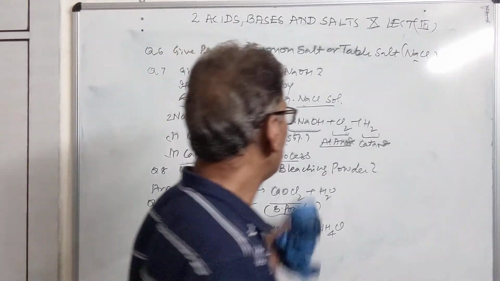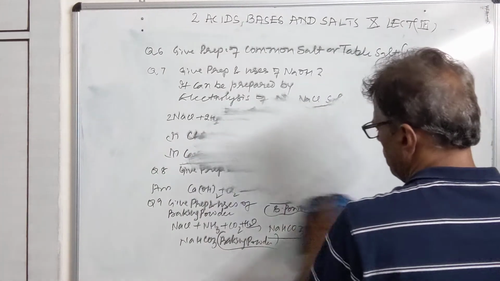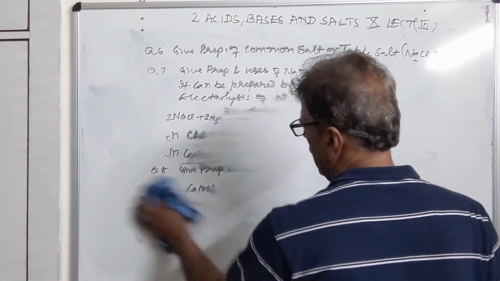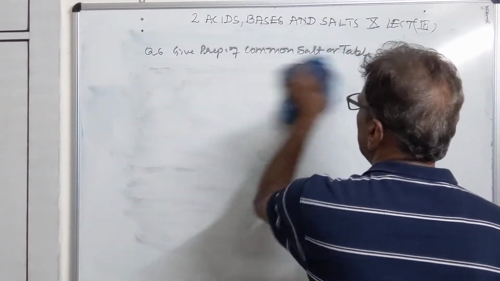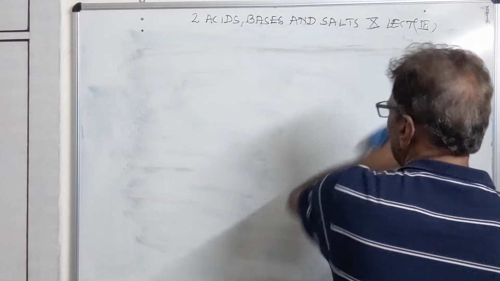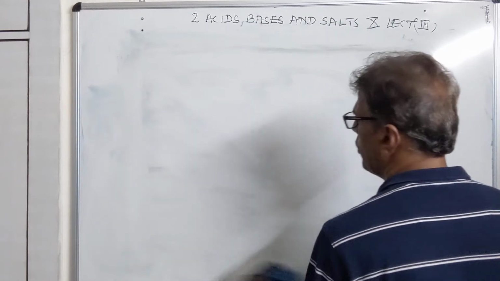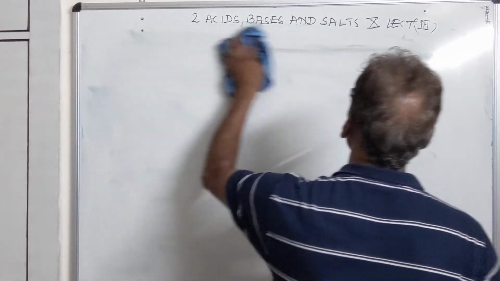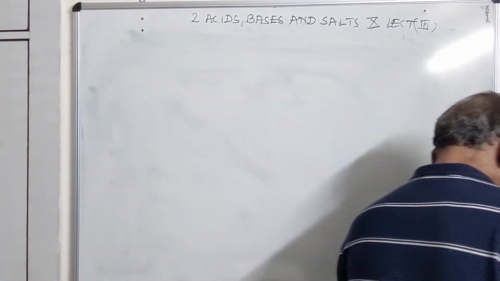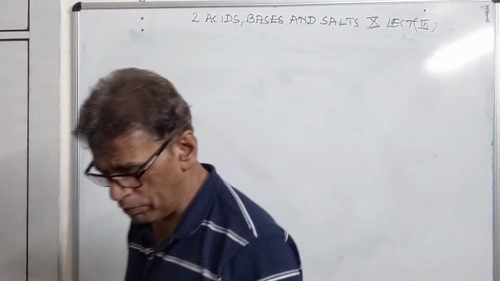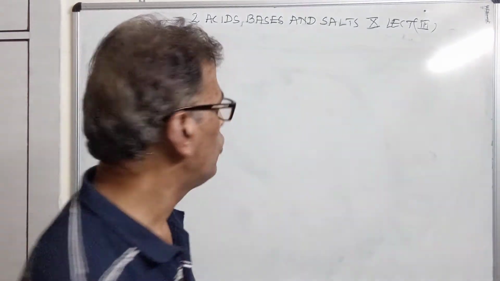And sodium bicarbonate is also used in the cooking purposes, and it is used in the medicine as an antacid. So it is given to the person as an antacid who is suffering from acidity. So it is highly important compound in the medicines, in the kitchen as well as in the laboratory. So it can be used in the preparation of sodium carbonate, that is washing soda.